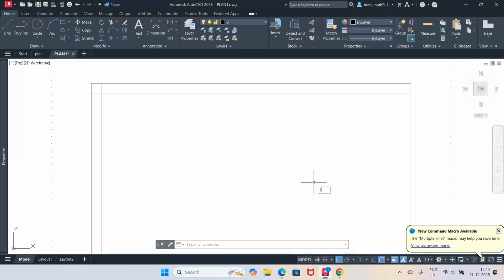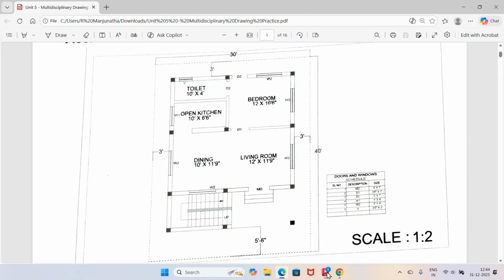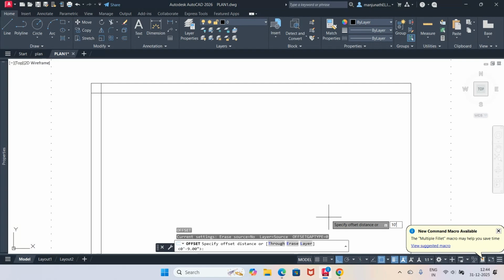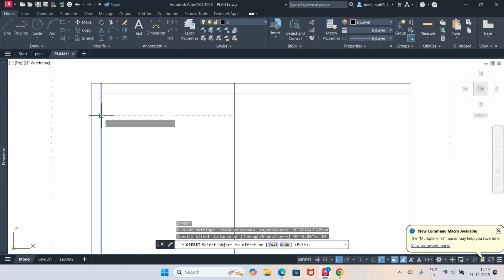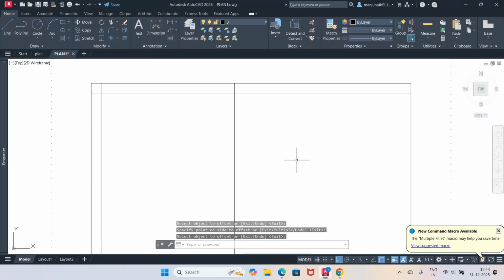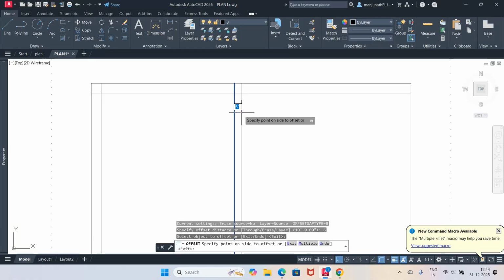I will go to offset, take 10 feet. Select this line and offset to this side. Then from here, you have 6 inches. I'll go for offset, take 6 inches here, type 6 and you offset this side. Again,